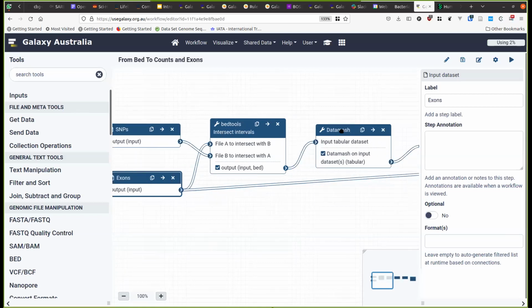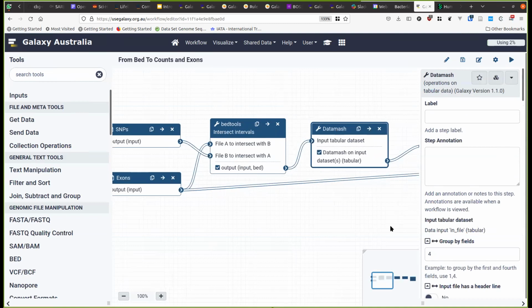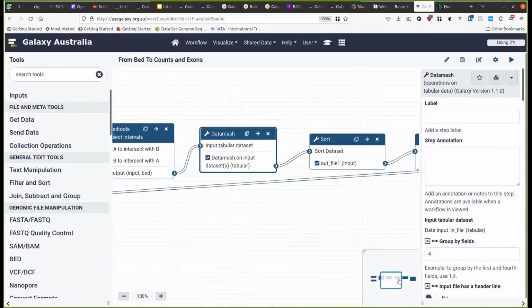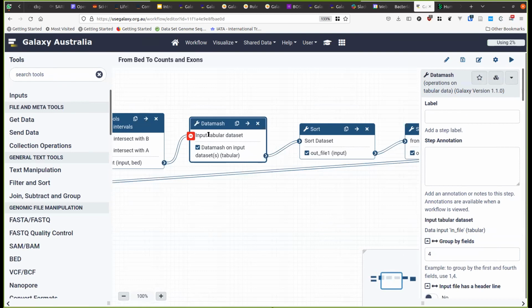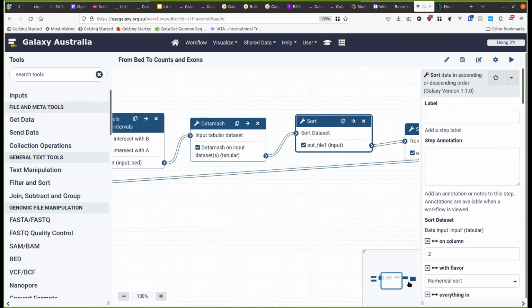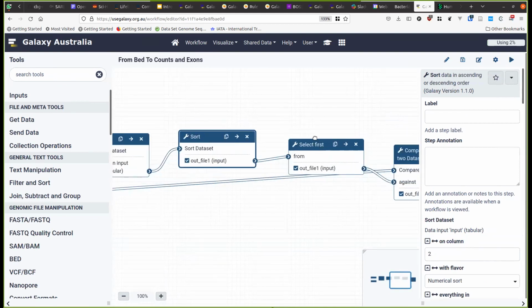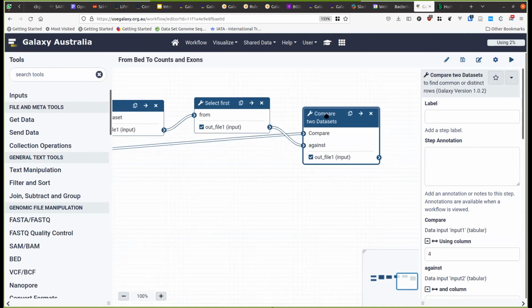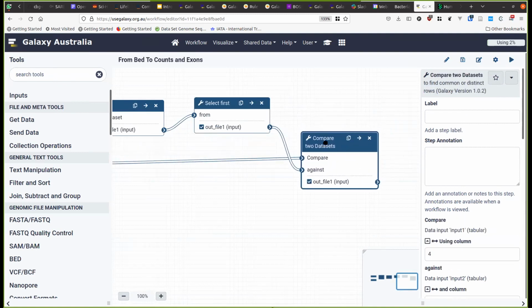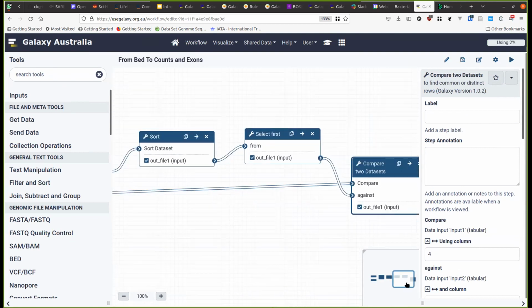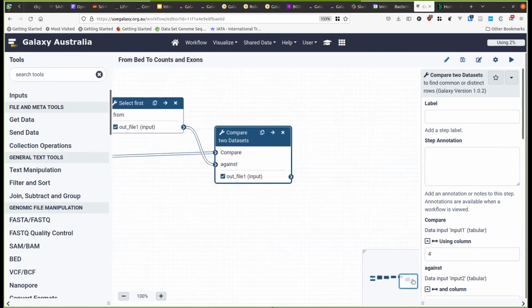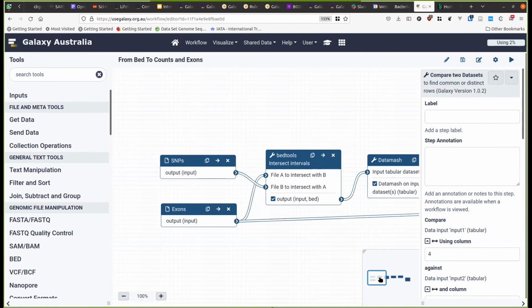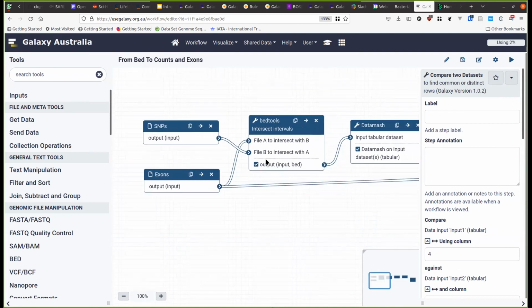So this is intersect the exons, then use data match to identify which ones I care about. Sorry, to identify the counts. Then I'm going to sort, select the first, and then compare the 2 data sets to extract the exons specifically. Okay. Now, looking at all these checkboxes, I can see that all of these outputs are selected,